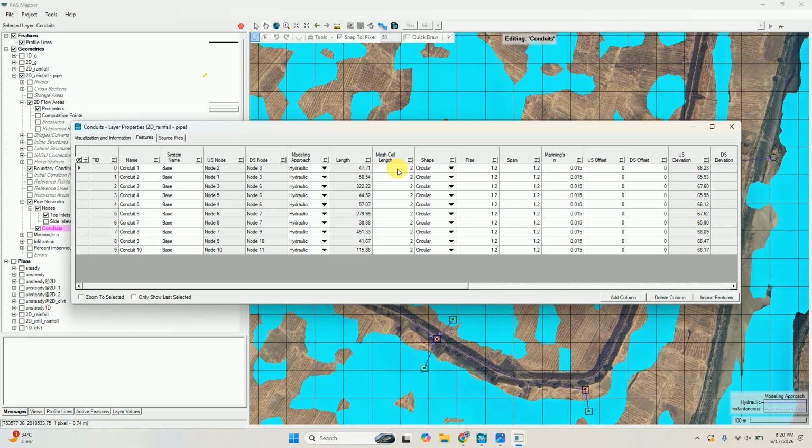Pipe flow is 1D flow, so you have to give a length.